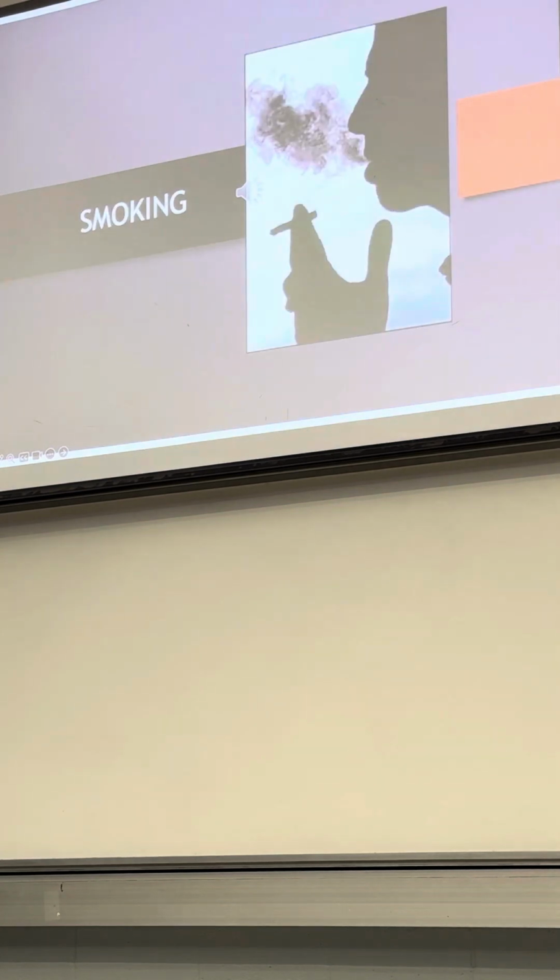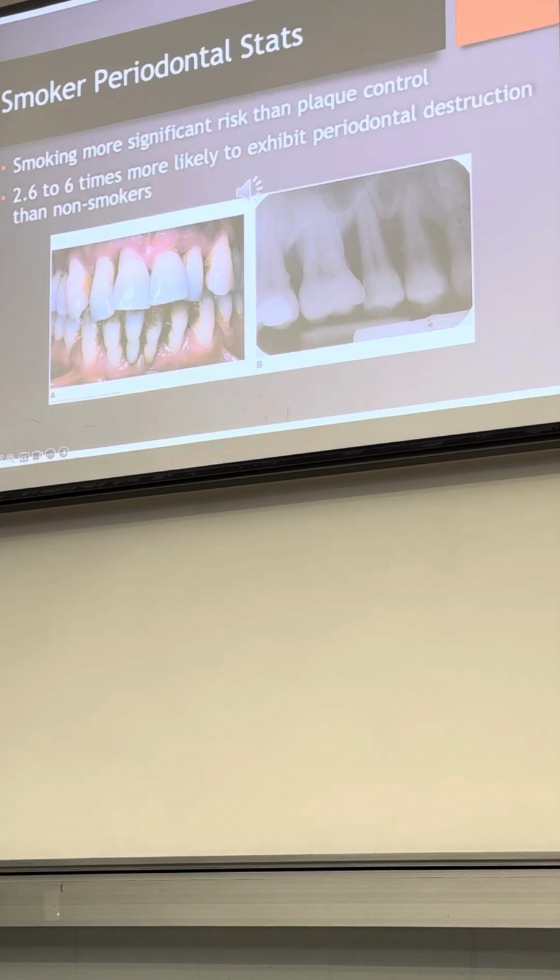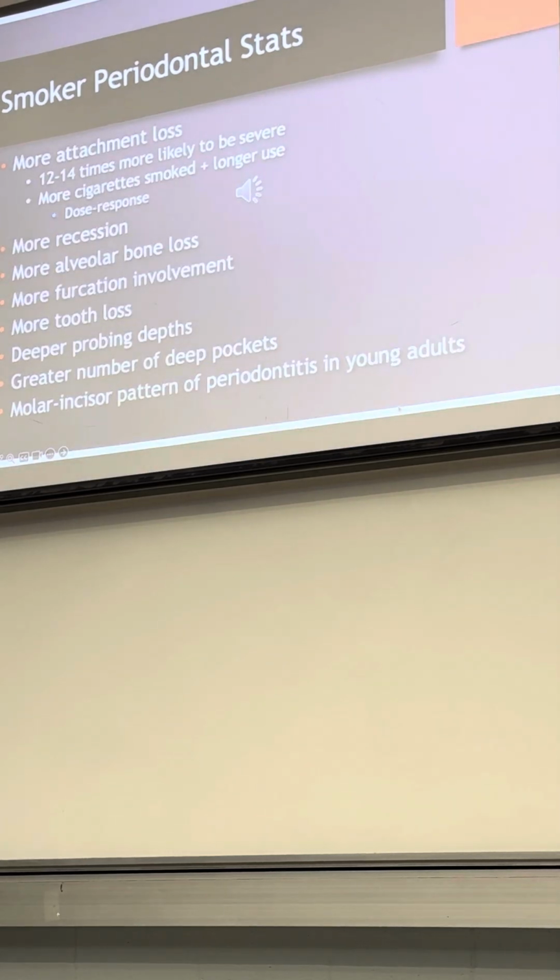Okay, so we're going to go through these. Again, smoking is our biggie with periodontal disease. Smoking is a more significant risk than even plaque control. Somebody who smokes, again, they can have the best plaque control there, but smoking is a more significant risk. Somebody who smokes is 2.6 to 6 times more likely to have that periodontal destruction than non-smokers. These people who smoke have more attachment loss, more recession, all of those things more so than people who do not smoke. So we know that that is a definite risk for